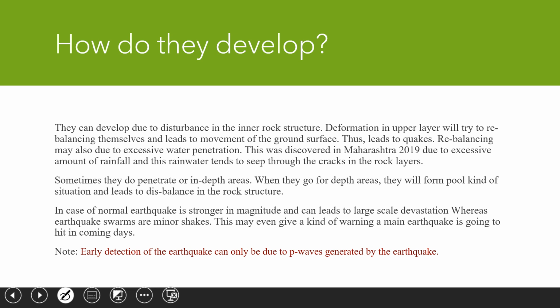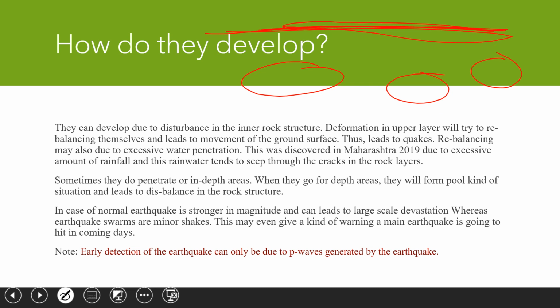See, if this is your earth, your soil, your land region, then we have lots of rocks and we have water pools also beneath the earth. So let us suppose rainwater accumulates in a particular area. What will happen? This area will become a pool of water, and ultimately there will be a disbalance in that area beneath the land, deep inside the land.